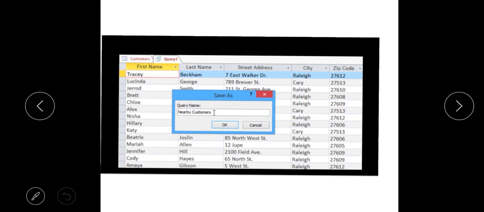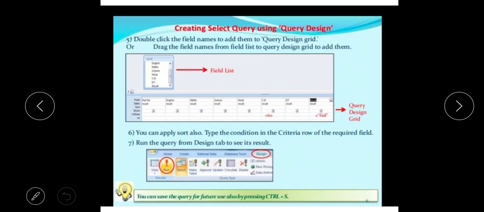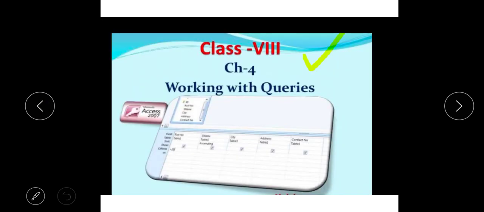So guys, this was the whole chapter on working with queries. The main points you should always remember: a query is a database object that helps us to retrieve and view information from one or more database tables that meet a specific condition or criterion which you define. Microsoft Access provides various types of queries: select, parameter, cross tab, action and SQL query. Relationships are links that associate a field in one table with the same field in another table.